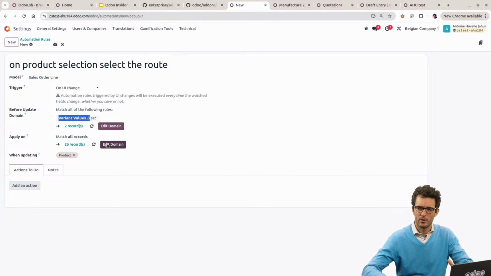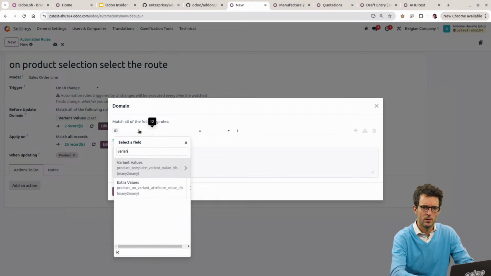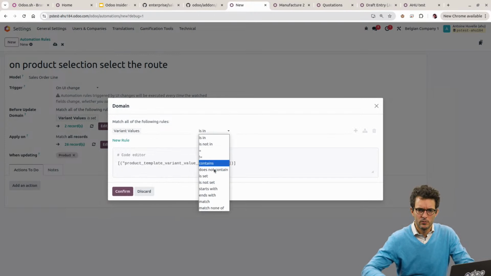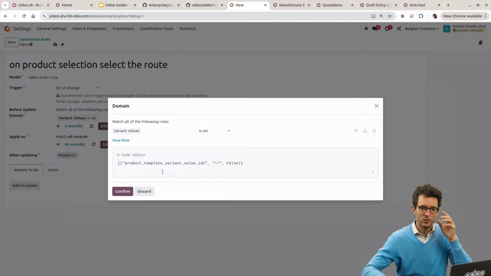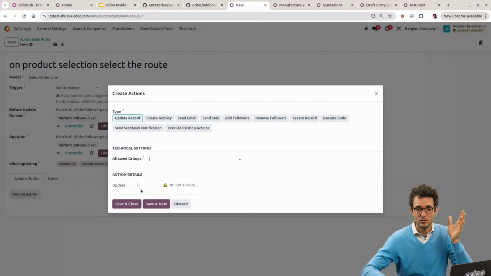Just in terms of performance, I think it's a bit better. I'm not ultra sure about that, but I like to filter down the different moments at which that kind of action can be executed. So that, let's imagine I'm making a mistake. At least I'm reducing the amount of places that mistake will be done. So here I'm saying, okay. When we change that information, just recompute it, and let's try to do the following, which would be executing some